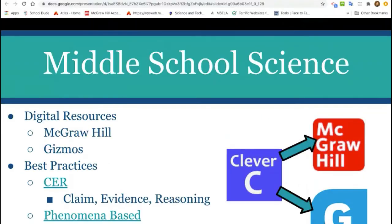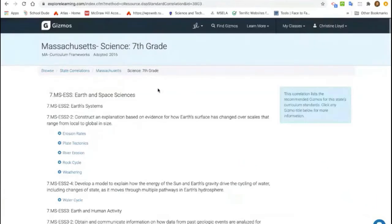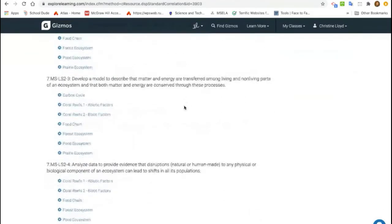Right. All right, so I want to show you Gizmos. One of the really great things about Gizmos, and the reasons why we're using this as our supplement for hands-on science in middle school, is that you can see it's directly aligned to our curriculum frameworks. So I can look for a specific framework and I can find an investigation that's going to match that framework as the teacher, and then I can go ahead and think about assigning that. So if I looked at the magnetic motion one,